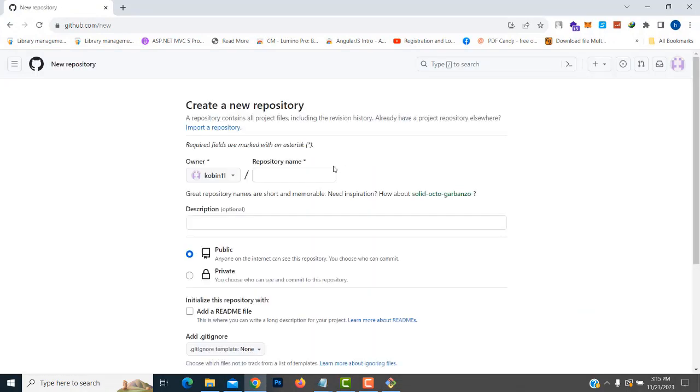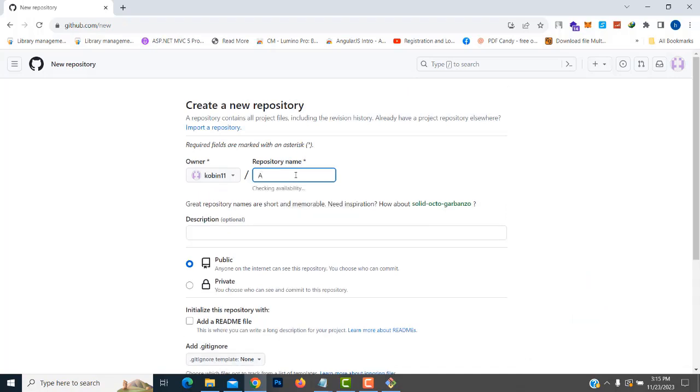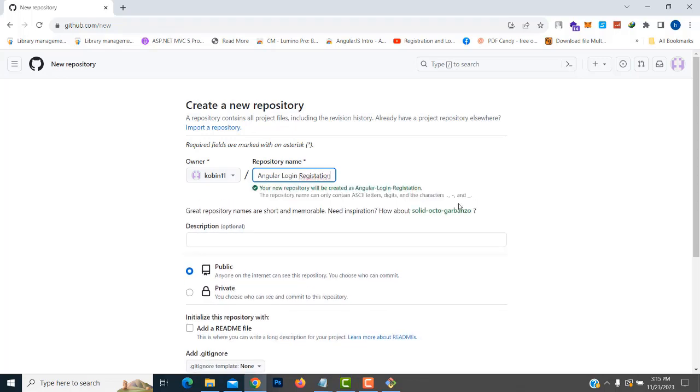Here I'm going to create the repository. What is the project name? I'm going to use Angular login registration. Right. Now